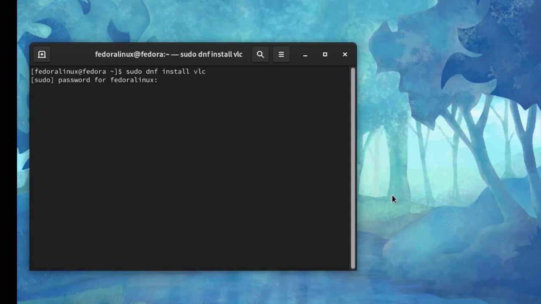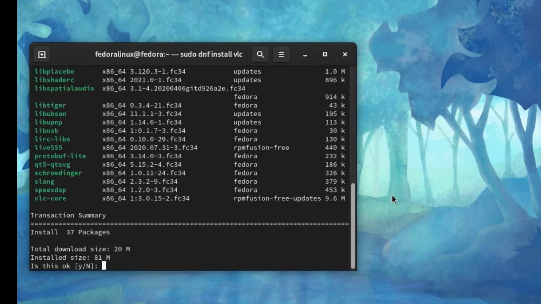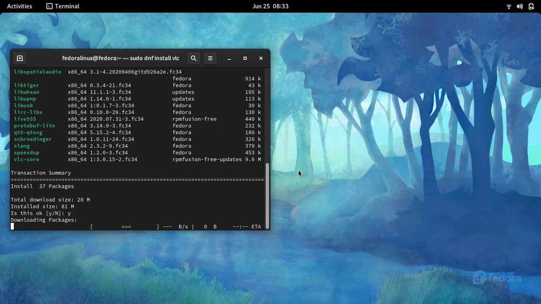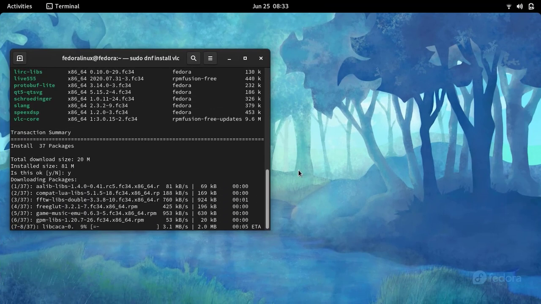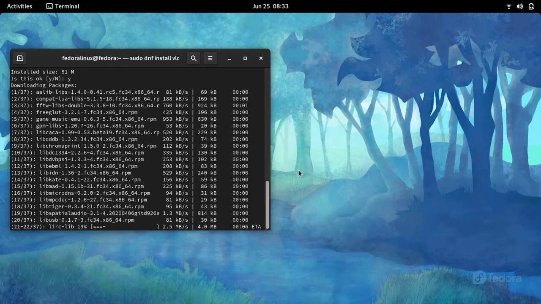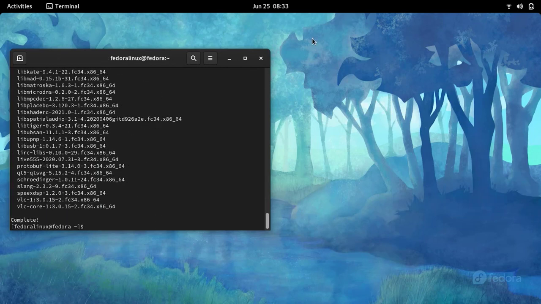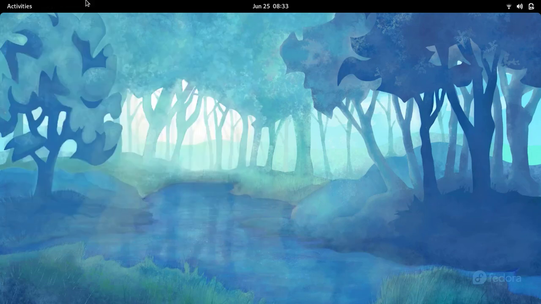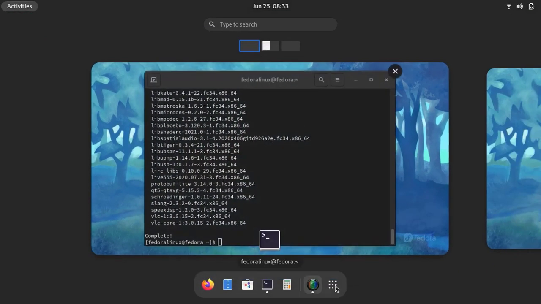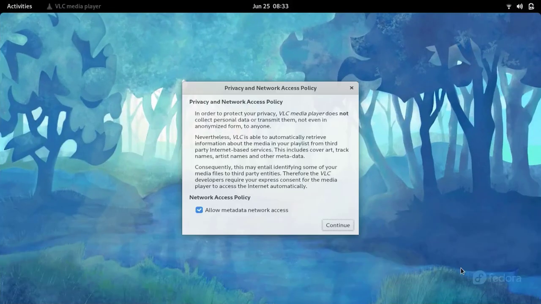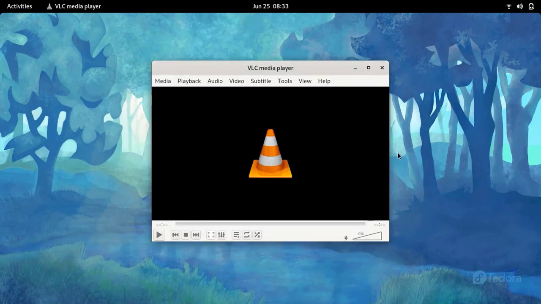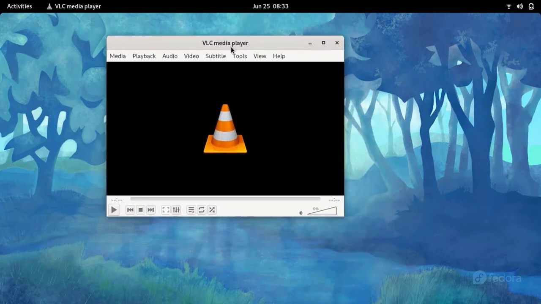Enter your password, Y, enter, and now it will install VLC media player. Installation is completed. There in the menu you can see VLC media player, and you can make it your default audio and video player.